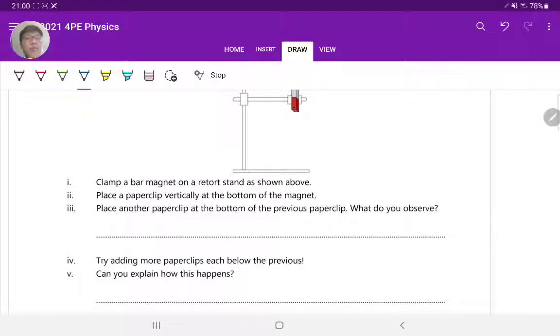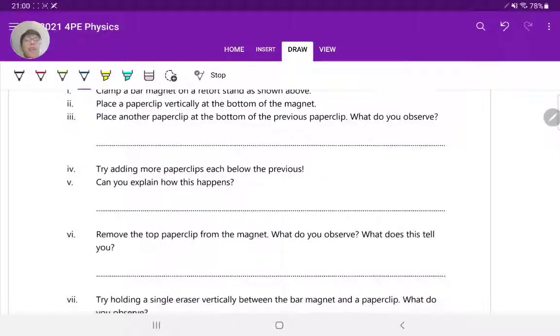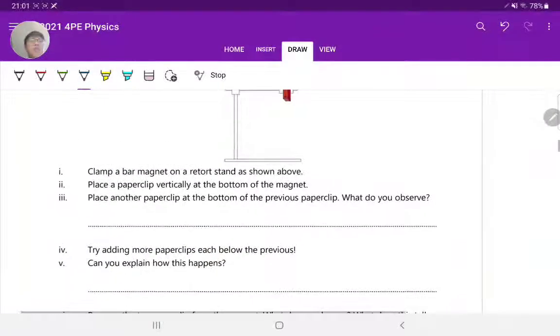Next, I tell you to try adding more paper clips, each below the previous. What do you think will happen? And I ask you to explain how this happened, and just come up with some reason. What do you think is going on here, in your own words? I just wanted to see what you can come up with creatively. Then I'm going to ask you to remove the top paper clip from the magnet and ask you, what do you observe? What's going to happen, of course, is that when you place the first paper clip to the magnet, it is going to